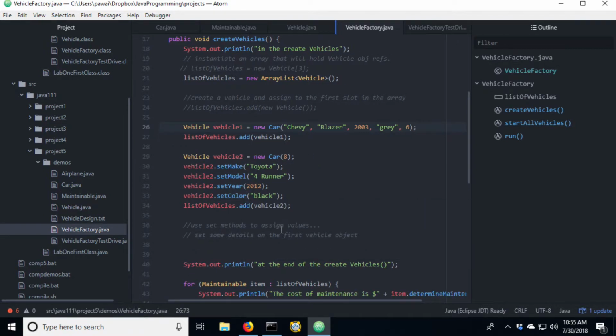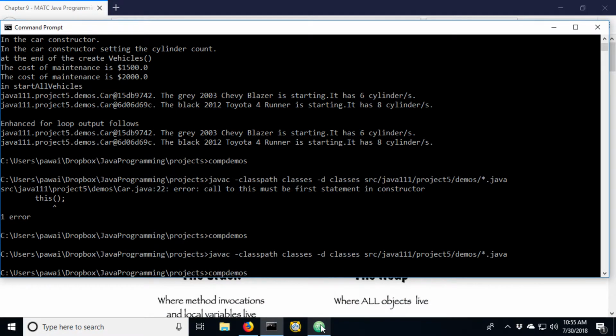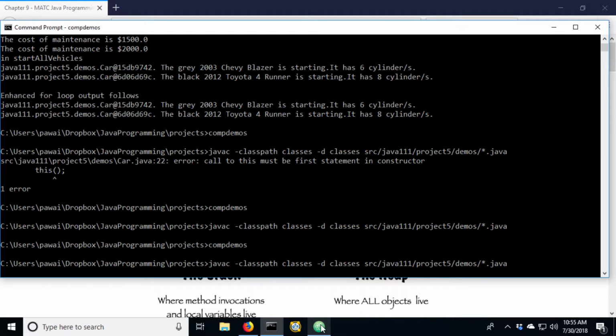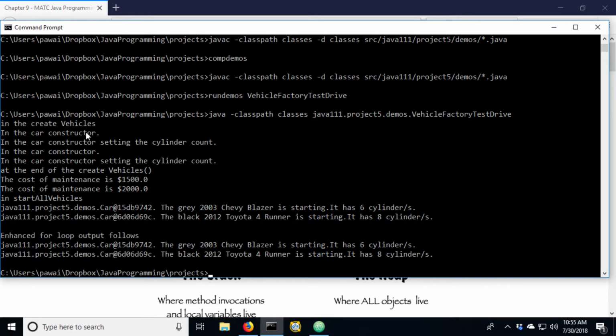And I'm going to leave the old one, in the interest of time more than anything else. We'll compile. Compile looks good, and then we'll run. And output also looks good. It looks like I've got in the car constructor setting the cylinder count.